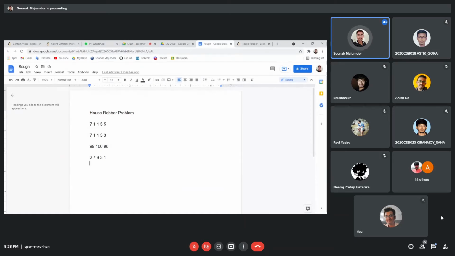Now, since I said that I am moving from left to right and I have already checked or robbed or not robbed the second house, we will not consider the future conditions for this problem. We will not think about the fourth house.